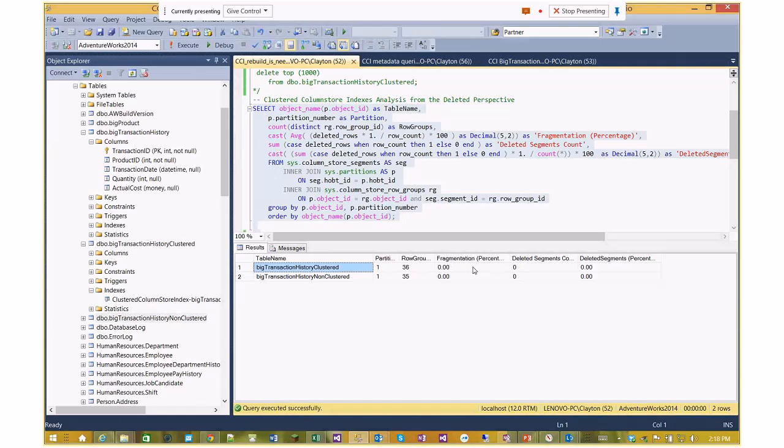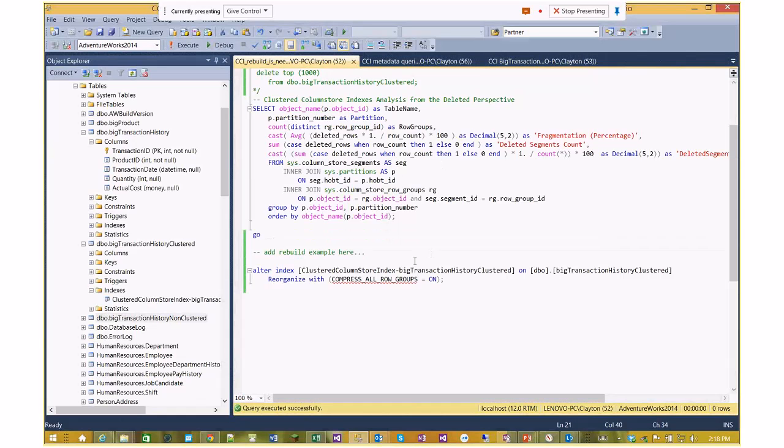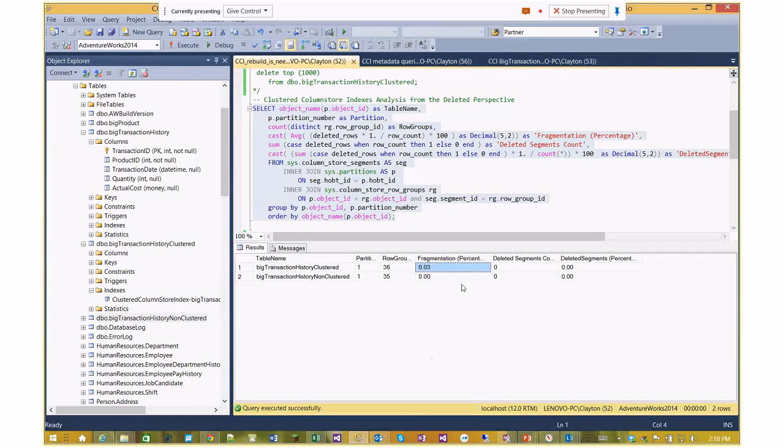So there's my table, and this is showing me the fragmentation percent of my index. If I go and do some work against that, say let's delete the top 1,000 rows a couple times, maybe 3, 4, 5, up to 10 times, and now run that same query, you start to see we've got fragmentation of 0.03%. You can also look at the segments. You've got another query that breaks down by segment, and you can see how effective your different segments are, how much free space. So we could also do